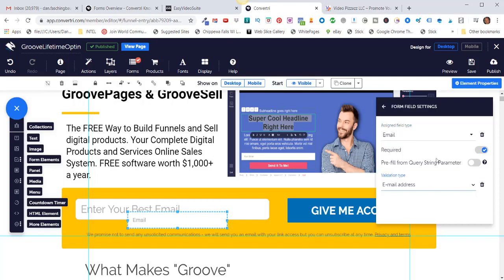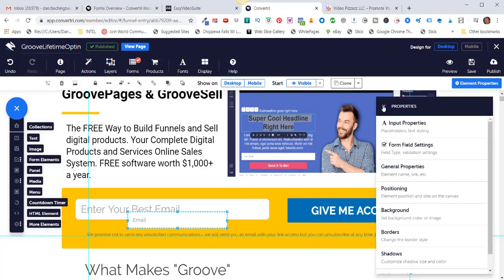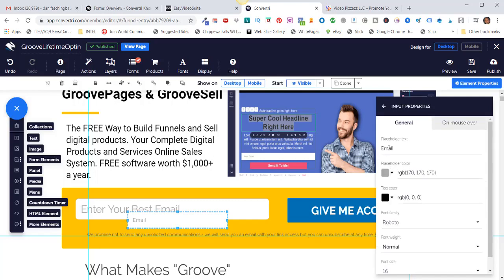All right, so that should be set up and connected. So I'll click the back arrow here, and I'll click on Input Properties. And it says Placeholder Text. All right, so I want to make this button here look like this here. So I'm going to say right here, enter your best email. So now I can slide this up here